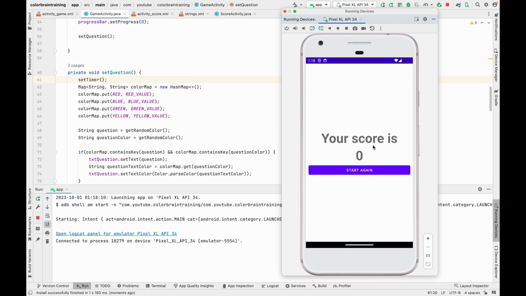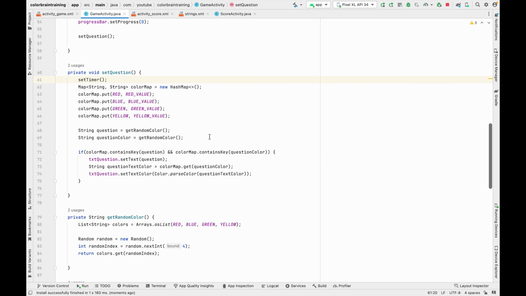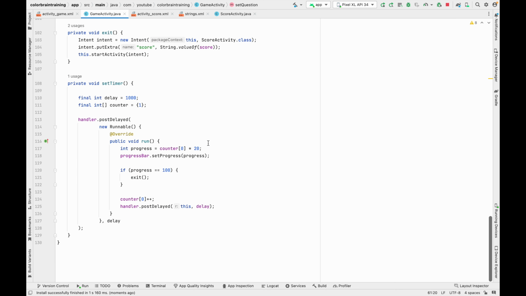And if at all we fail to submit the answer within the 5 seconds, it is taking us to the score screen, right? One thing that we have left is, and it is a really very important thing, to start the new threads again. So whenever we come inside this set timer method, one thing that we have to do is to use